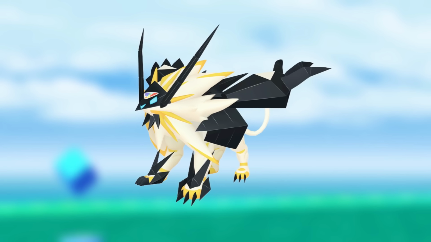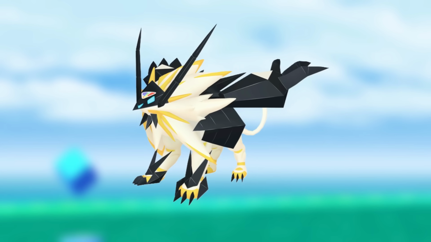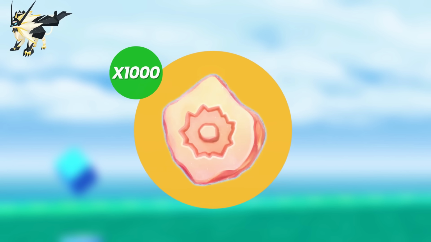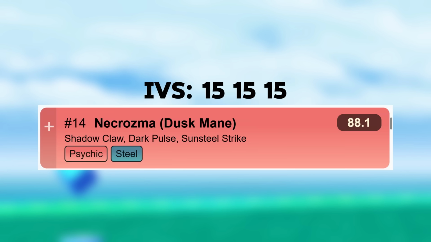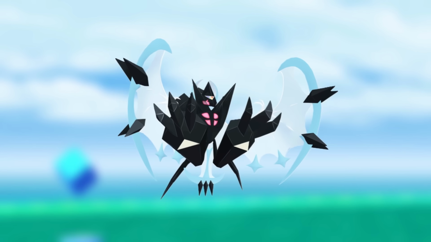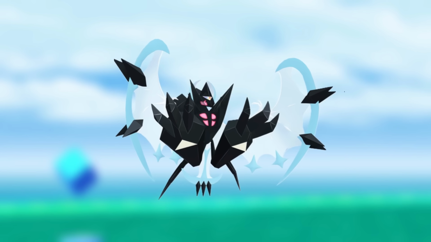And speaking of the fusions, Duskmane Necrozma is another option for a bottle cap with it being tough to get, needing to use a Solgaleo, 30 Necrozma candy, 30 Cosmog candy and 1000 solar fusion energy to get. It's ranked 14 in the Master League and it's the 3rd best steel type attacker with Metal Claw and Sunsteel Strike. And like the Duskmane form, Dawnwing's Necrozma could also be worth it because it does also require a lot